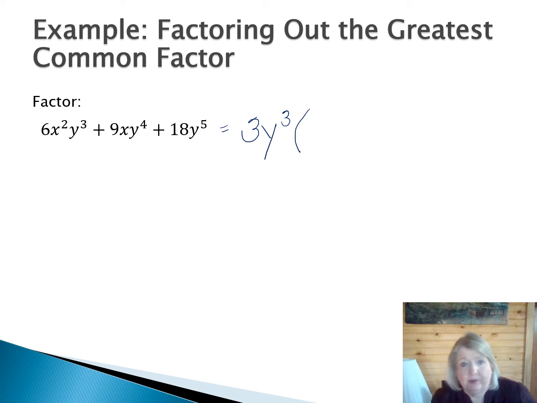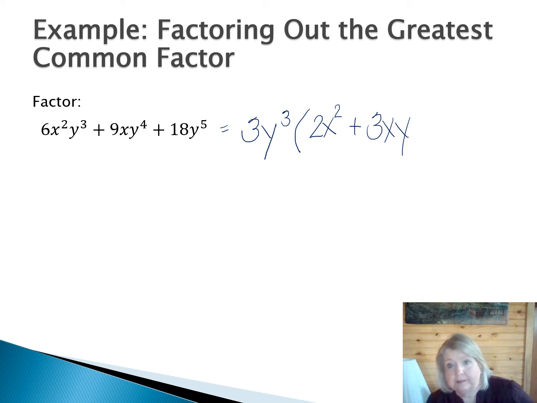Then I open parentheses and divide it out. 6 divided by 3 is 2. X squared was untouched. Y cubed divided by Y cubed is a 1. So I put down my plus sign and I go to the next term. 9 divided by 3 is 3. X was untouched. Y to the 4th divided by Y cubed is Y to the 1st, because 4 minus 3